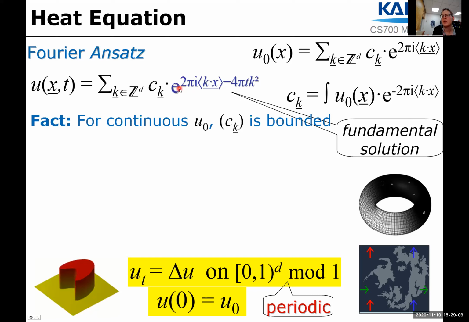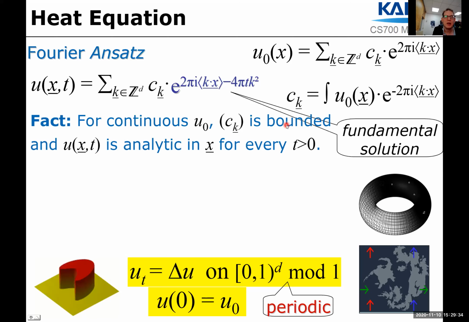Right? So in general, when we talk about Fourier series, we can only expect L2 square integrable functions, but when the initial condition is continuous, then the Fourier sequence is actually bounded, right? Because the right-hand side is obviously bounded by 1, and the domain is bounded. So if the initial condition is continuous and bounded, then the Fourier sequence is bounded. And if the Fourier sequence is bounded, then actually this solution is analytic in x, in the spatial variable, for every fixed t greater than 0.